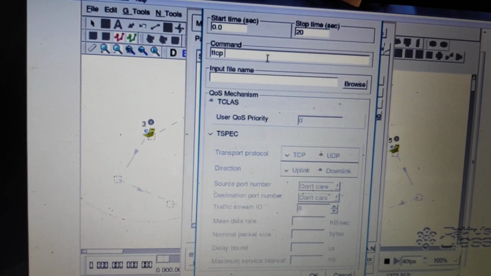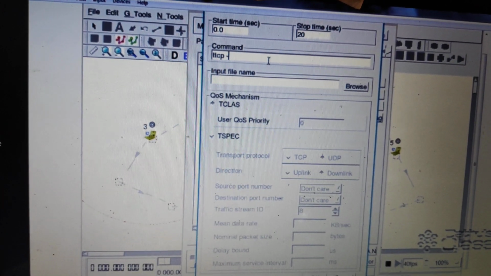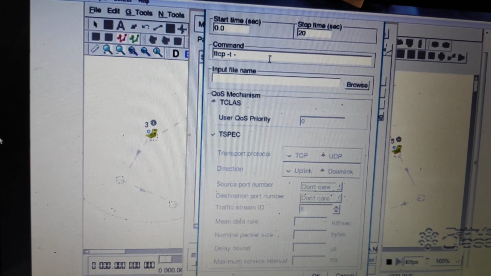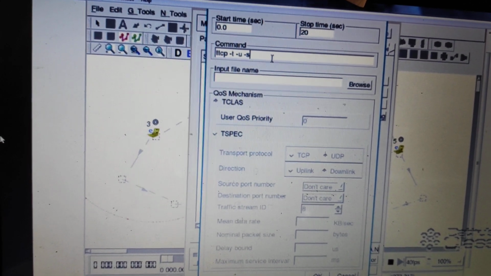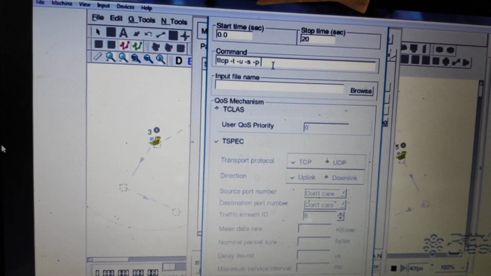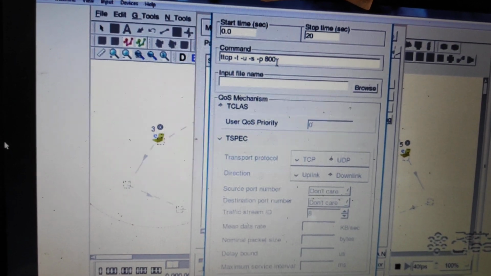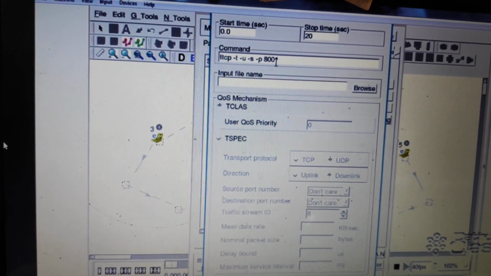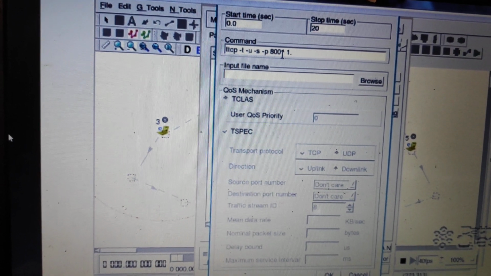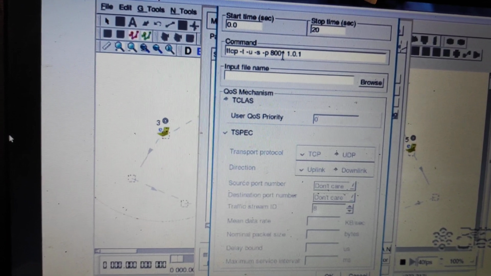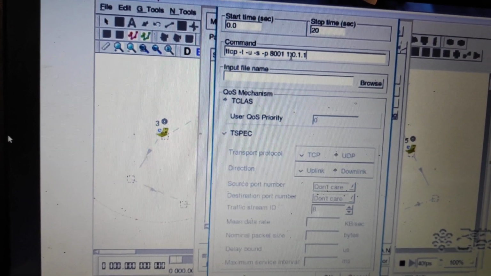TTCP is for the TCP protocol, -T because it acts as a transmitter of the information, -U because it can work for UDP also, -S is for the source, and -P 8000, or 8001, I am giving as a port number, followed by the host IP address. The host IP address is 1.0.1.1.